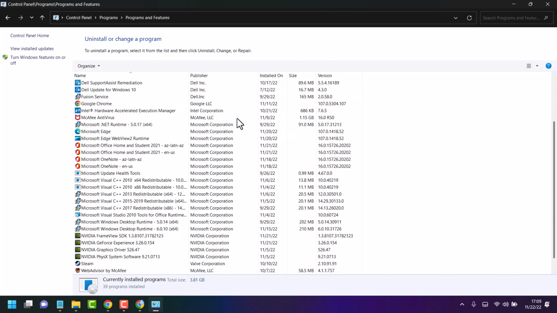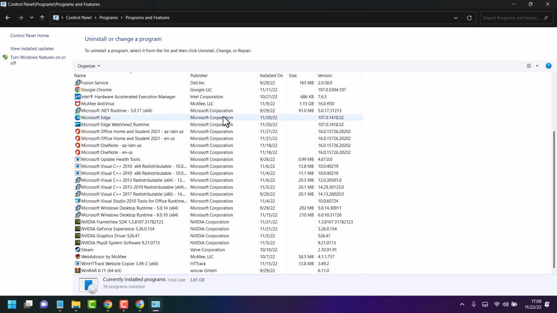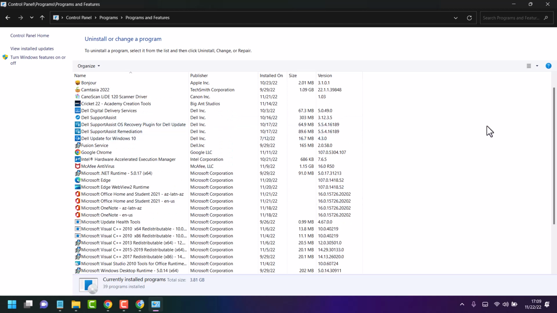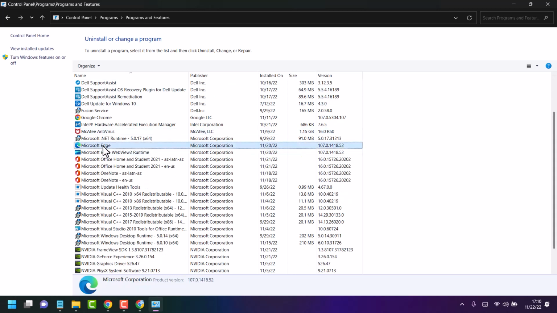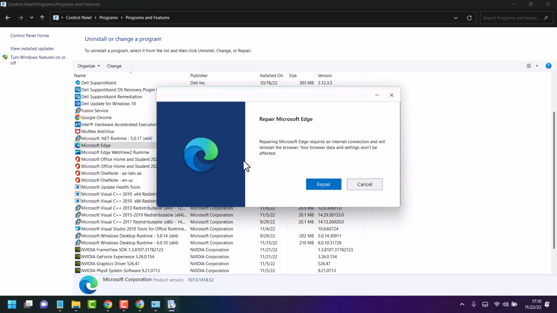In this list you have to find Microsoft Edge. Select it, click on Change, click on Yes. Now here select Repair. Repairing Microsoft Edge